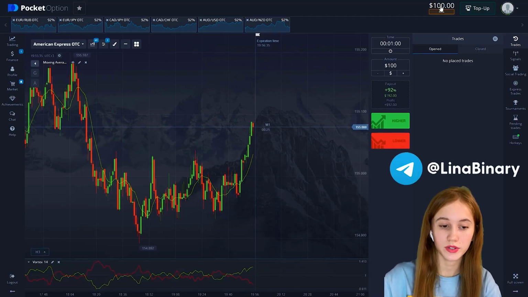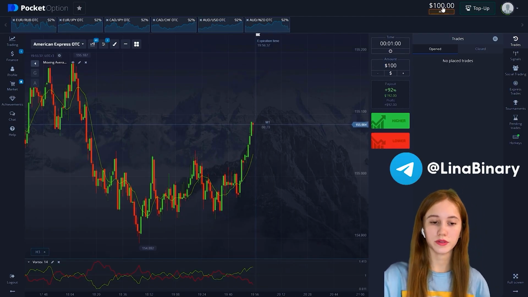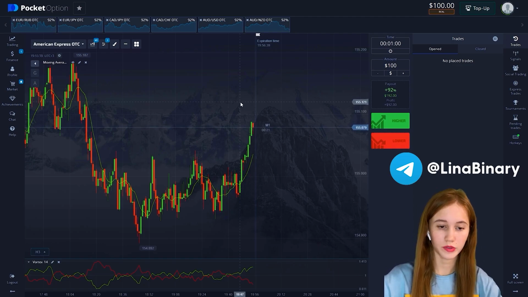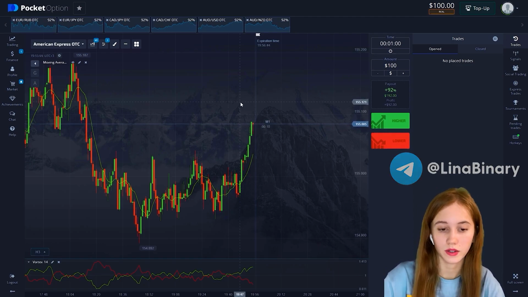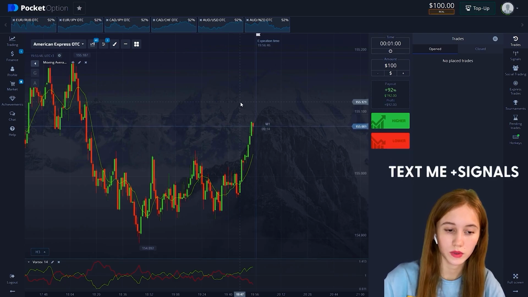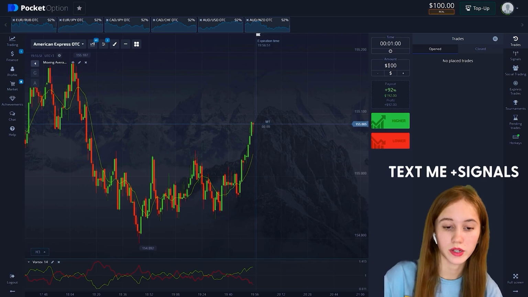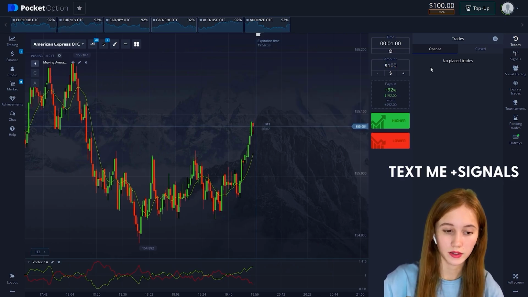So we start our trading session with the amount of $100. We see this in the upper right corner. But let's see what happens. Let's get started. The first thing we do is set up our workspace. We start setting up by setting the trade amount